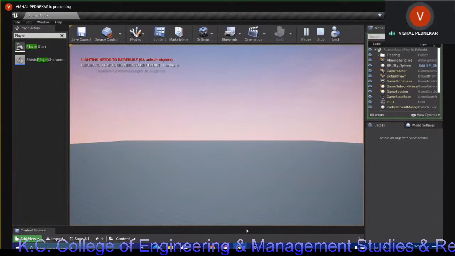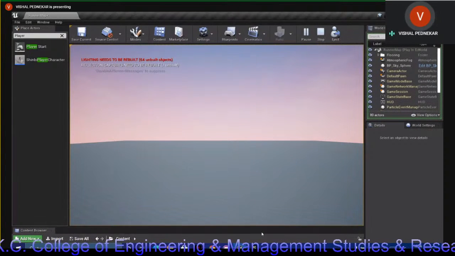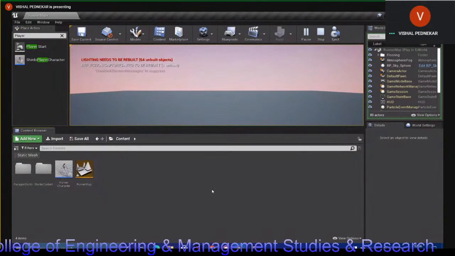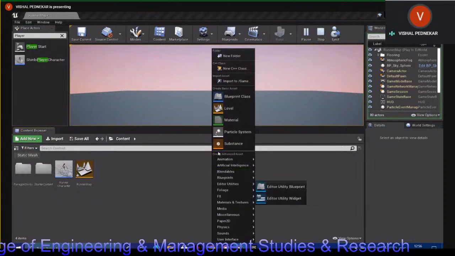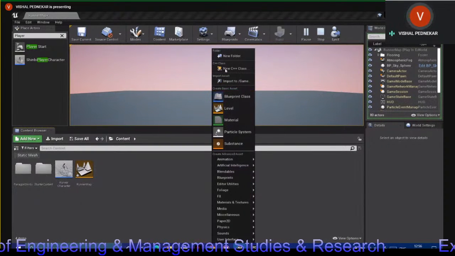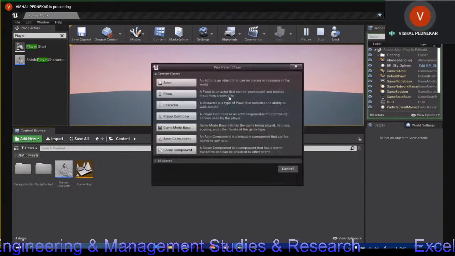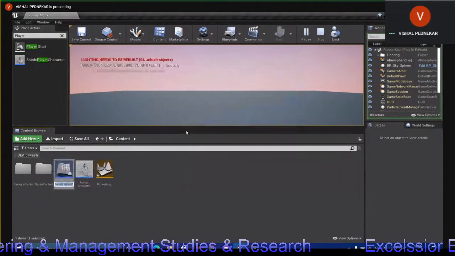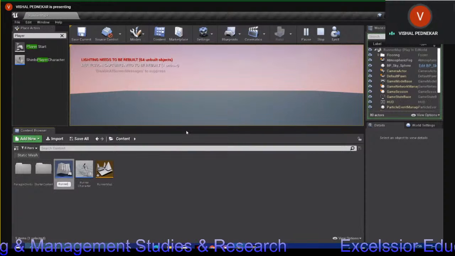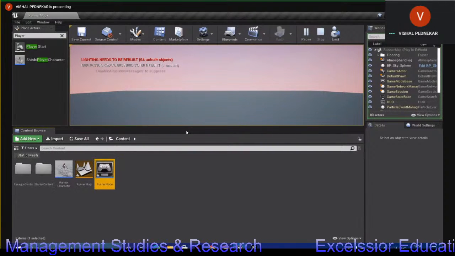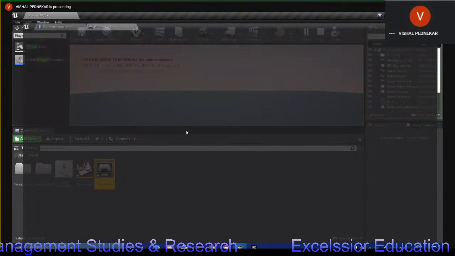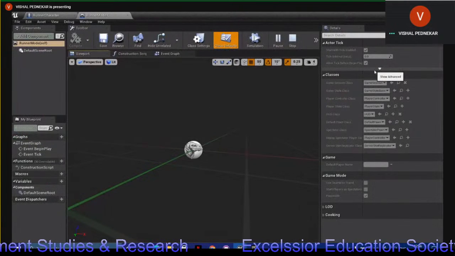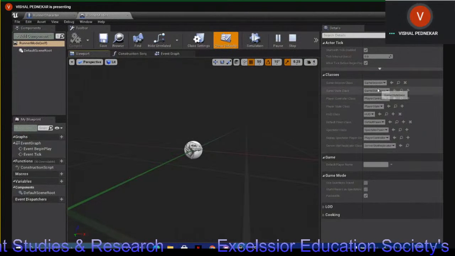Why is it so? Because we don't have a game mode set up here. So let's set up the game mode. I will right click here and create a new blueprint class, and I will make that a game mode base, and let's rename it to runner. Within this, I am going to change only one setting, that is our